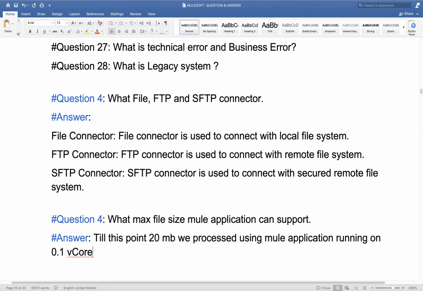But if we have a bigger file size and it's not supported by 0.1 vCore, then